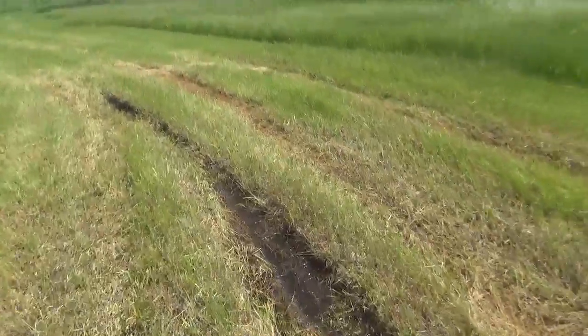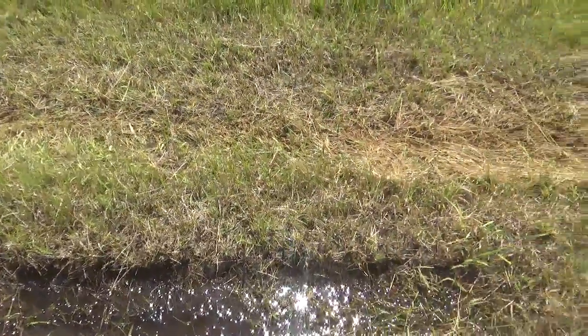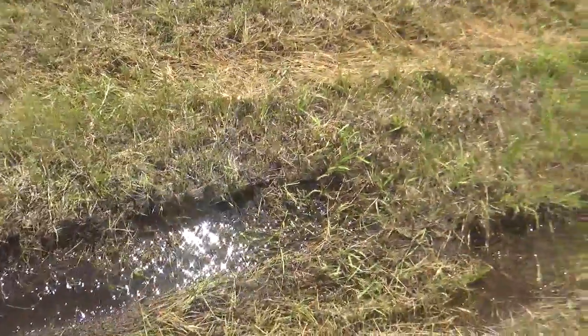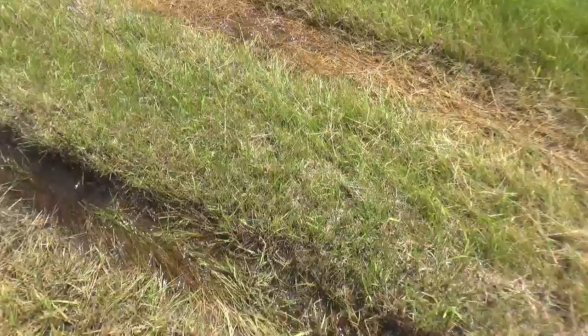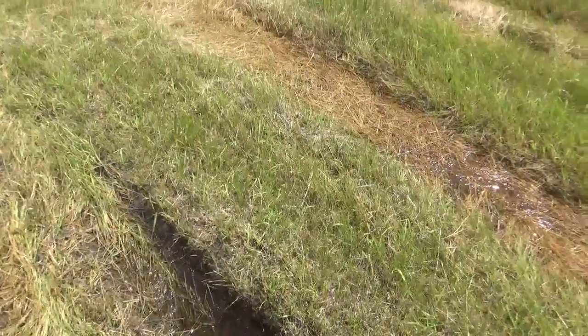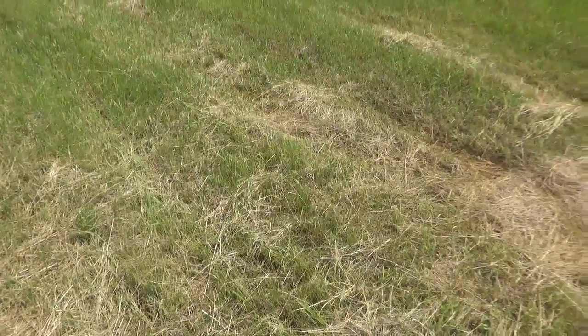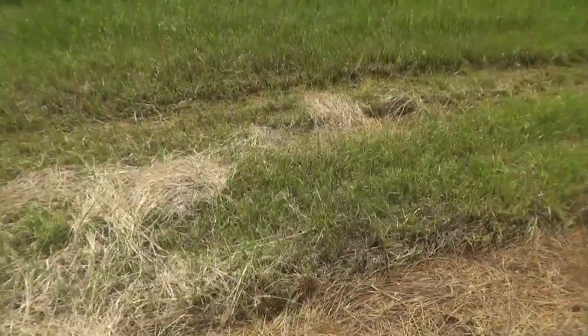Here's what I was referencing in the square baling video that I did. It was just soft enough in this particular spot where the tire sunk in just enough that the pickup on the baler didn't have enough room to spin around and pick up hay, so I just kept dragging it along until I got more over here where it didn't sink at all. And then at that point I just kind of inch my way into that